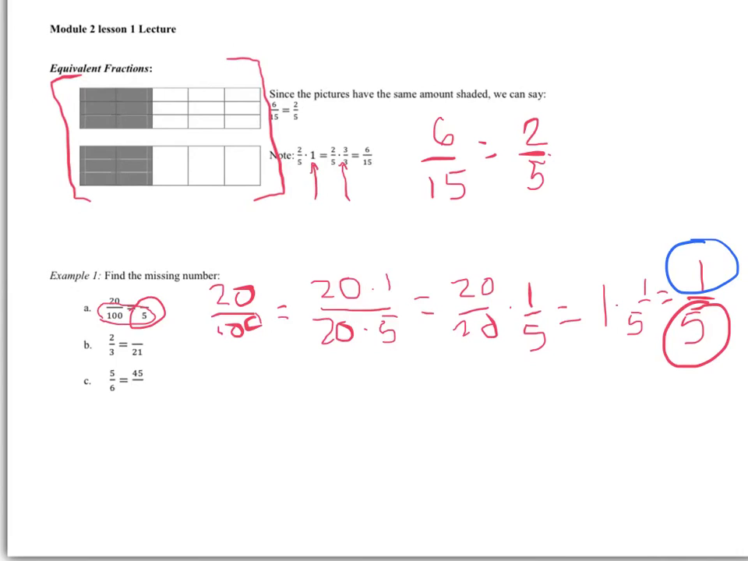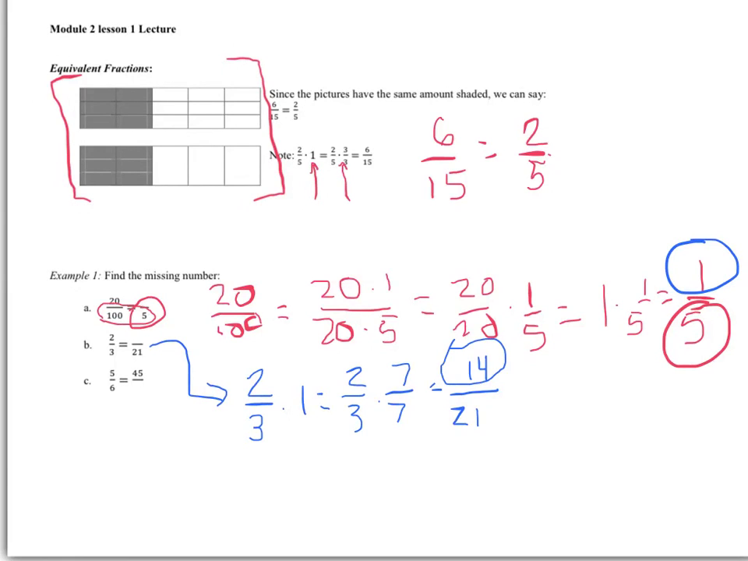Okay, looking at part B, we have 2/3 equals blank over 21. And again, focusing on the denominators, they do differ by a factor of 7. So we can also start with our left-hand fraction and initially multiply it by 1 and rewrite that 1 as 7 over 7. 7 divided by 7 is 1. And now multiplying in the numerators, 2 times 7 is 14. And then in the denominators, 3 times 7 is 21. Okay, so now we've shown that 2/3 is the same as 14 over 21,